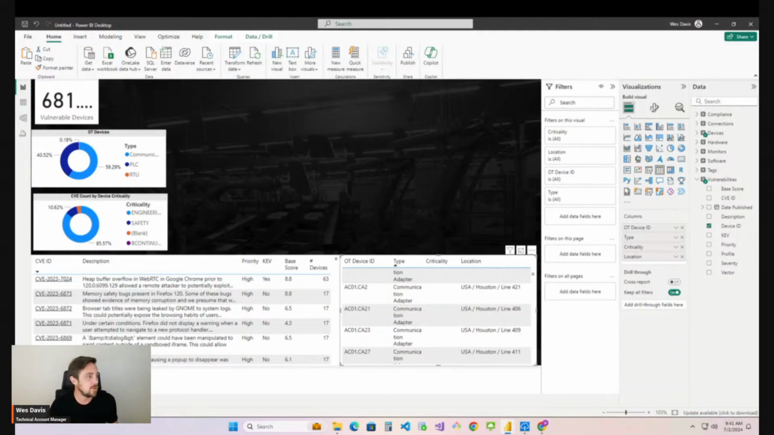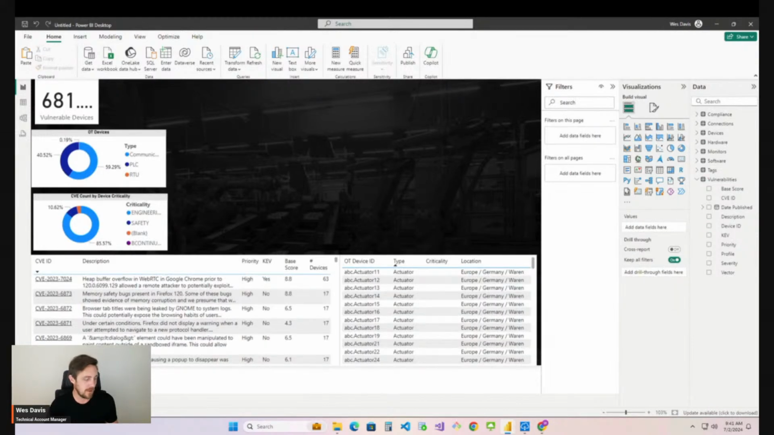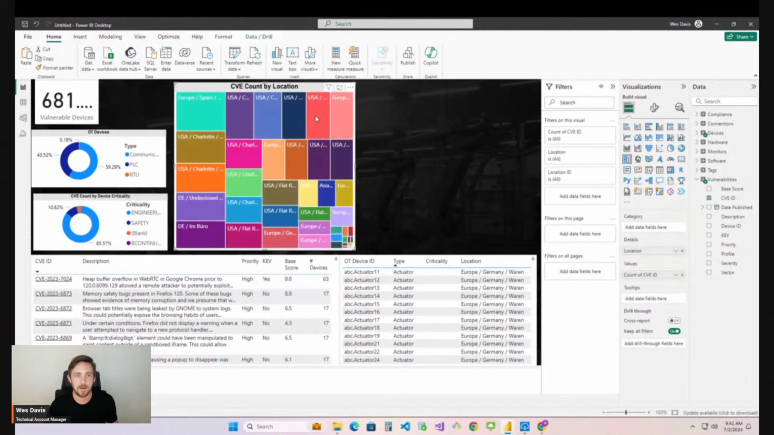Let's also do a tree map. Before I do that, just to show you here on this other chart, we just did OT device ID, type, criticality, location. And then we have a tree map here. That's not a tree map. That is a table I already have. There we go. So now we've got CVE count by location. Just simply location in the details field, and then count of CVE ID in